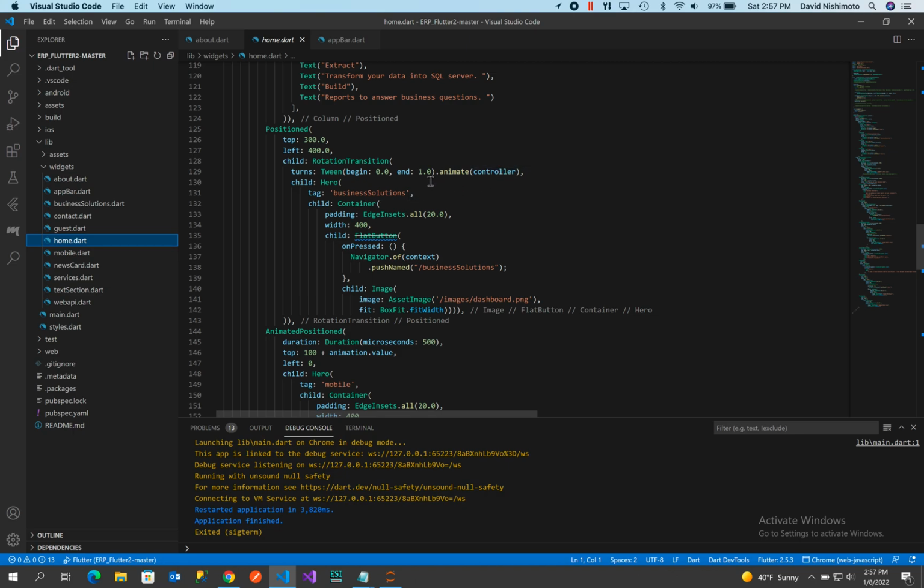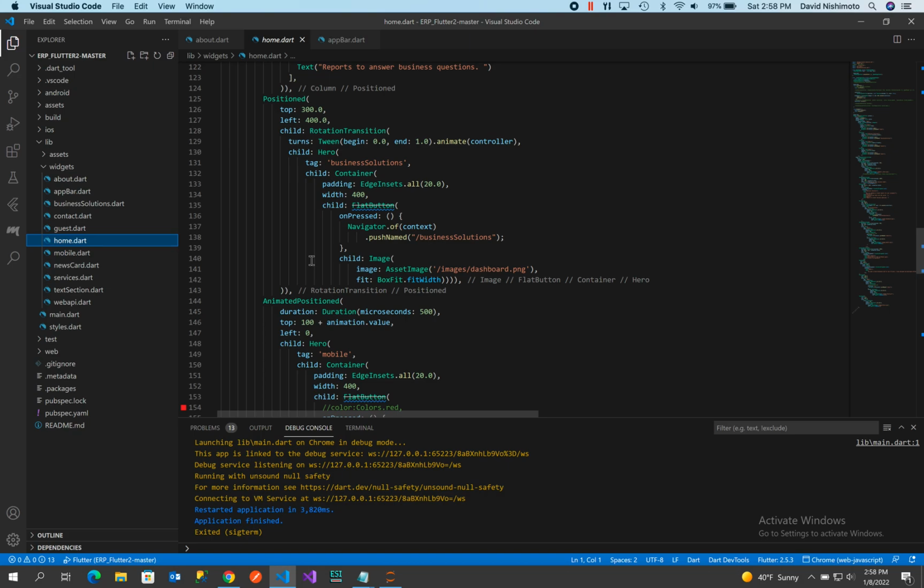That same controller that's doing the animated position is also doing the rotation transition here. I have a hero object, a container, and then we have an image, and if you click on that image, it'll route to another widget.